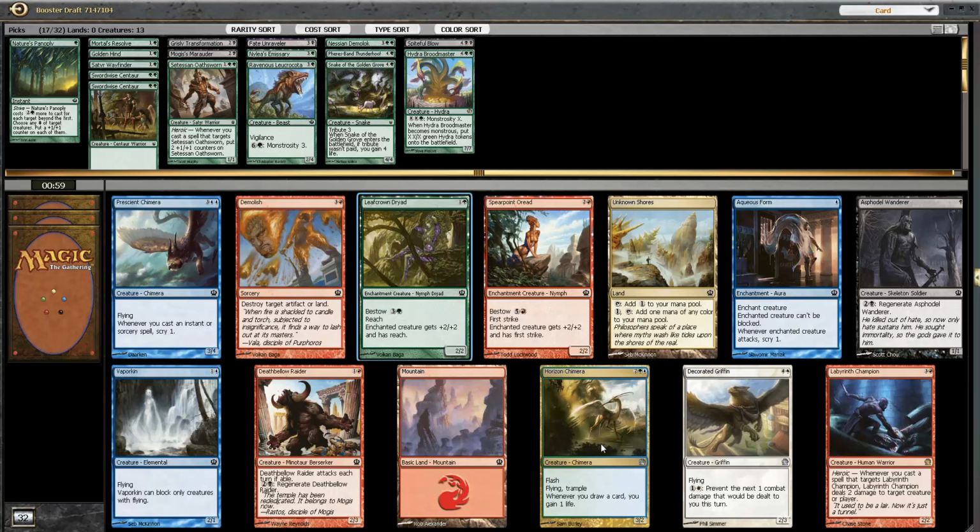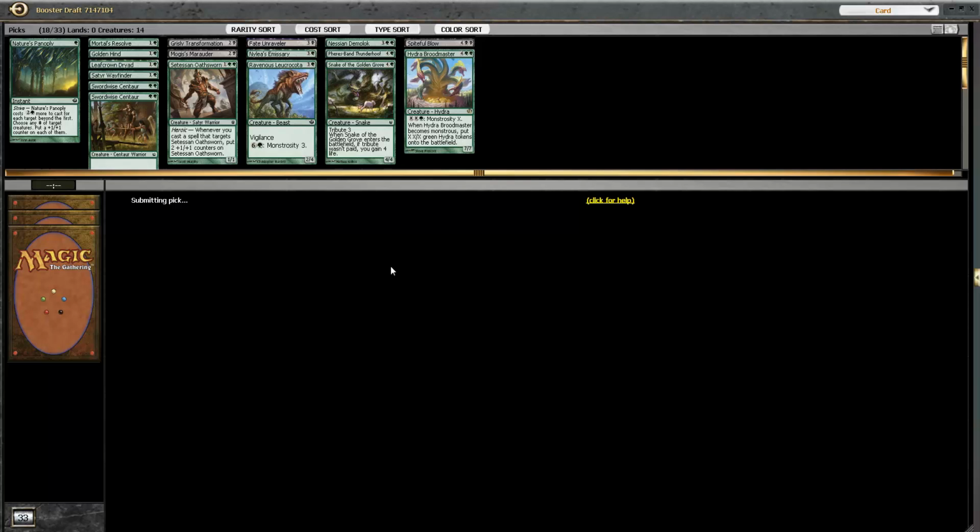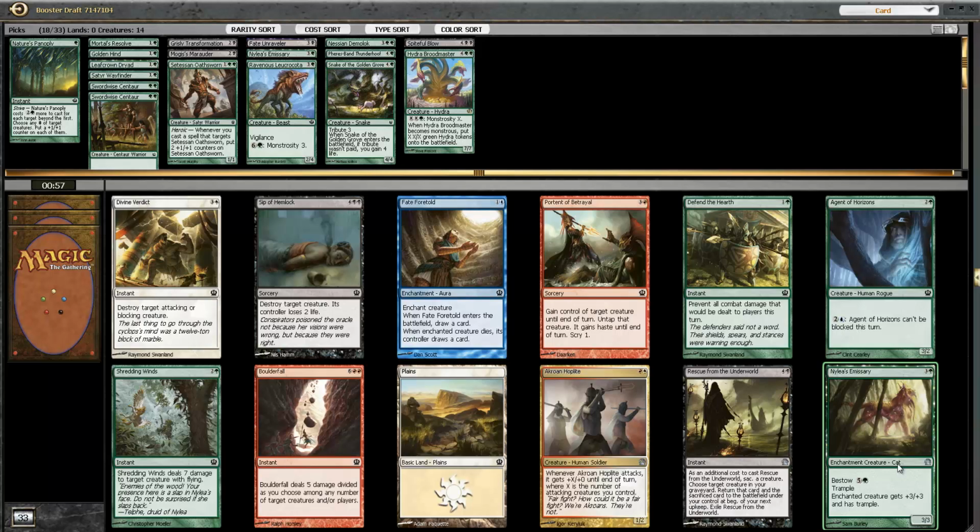Love this Leaf Crown Dryad. Easy slam, and there's nothing I'm really missing here. Another Emissary is quite nice, though I do like this Sip of Hemlock. I might get that first one back, though, and I do already have a Spiteful Blow. I would much prefer a Time Defeat than anything else. I might get a Shredding...